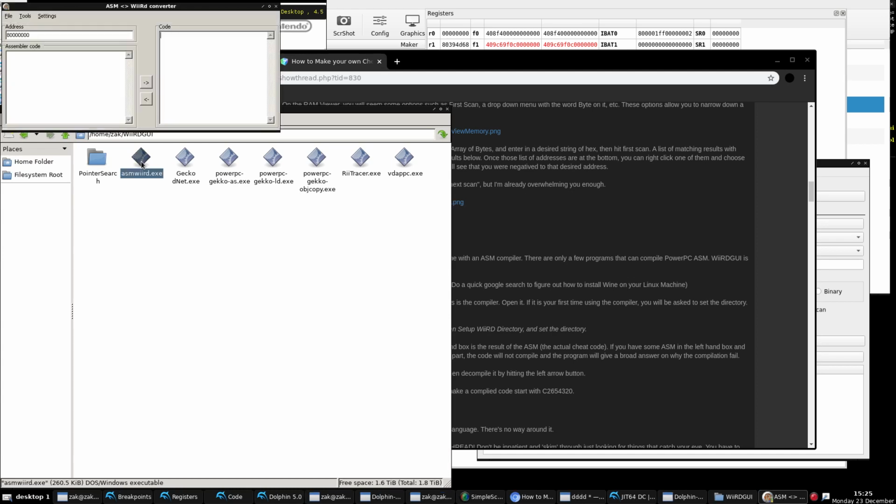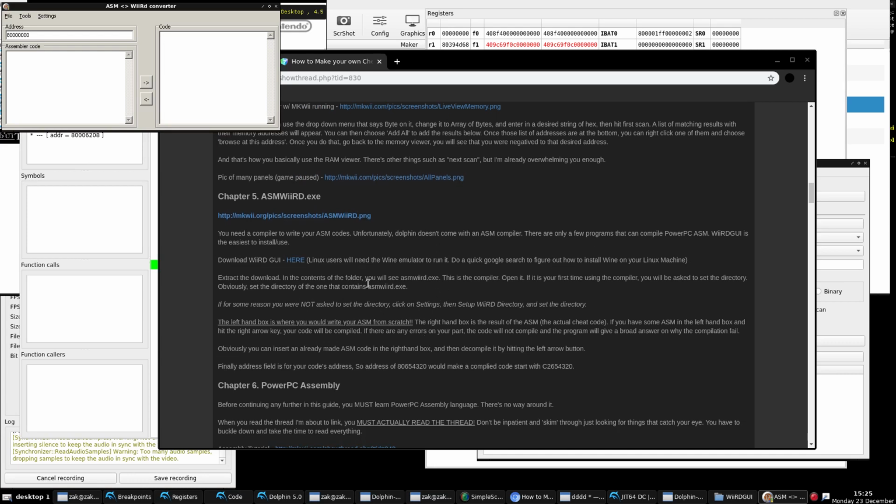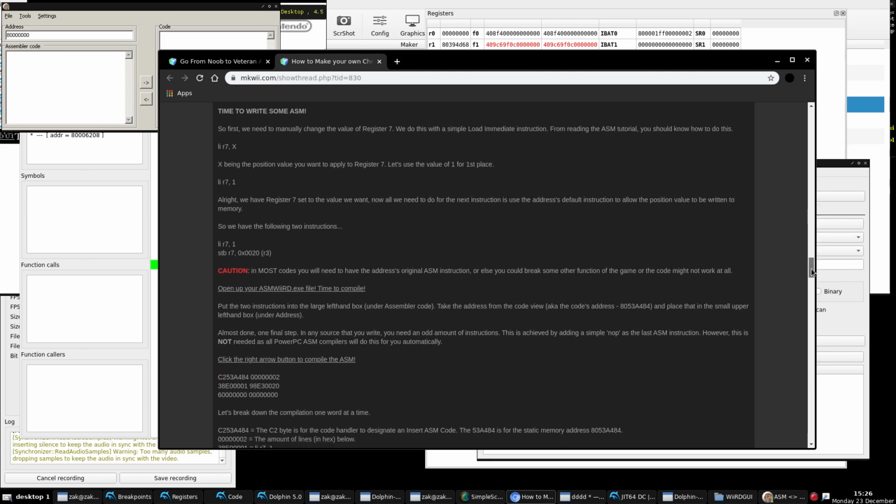I have no issues whatsoever. Easy to run on Windows. Now I will show you. There are some notes in here about how to set the WeRD directory, which you need to read about. I already have it set up. The one thing about the WeRD compiler is, if you can't get it to launch, or in the future, like in the next episode, you can't get the compiler to actually work or run, it can only stay open. Further down in this thread,